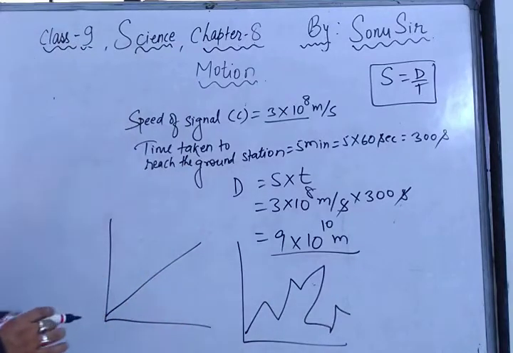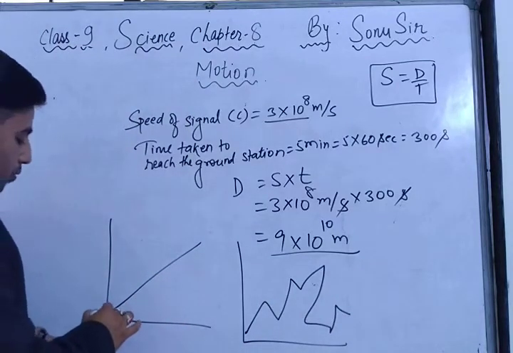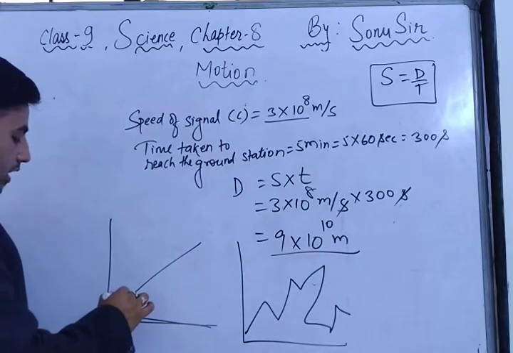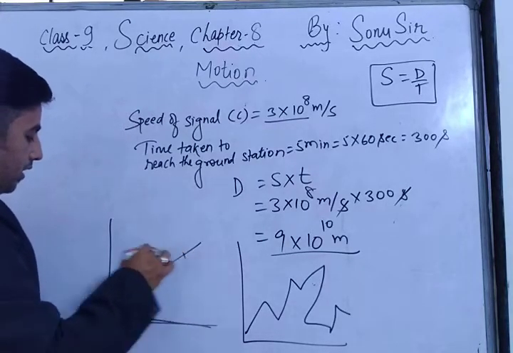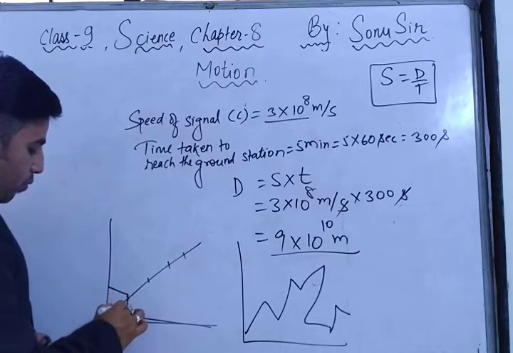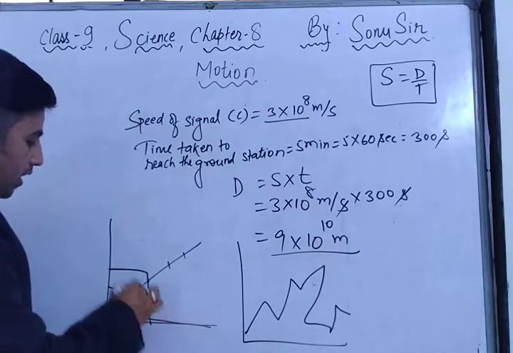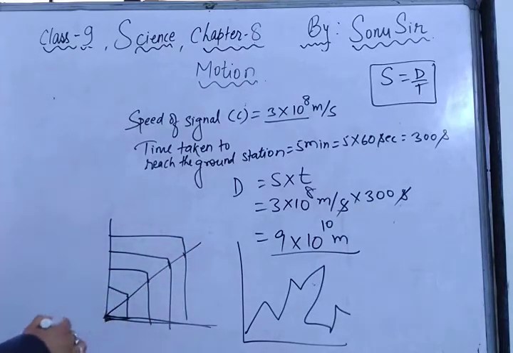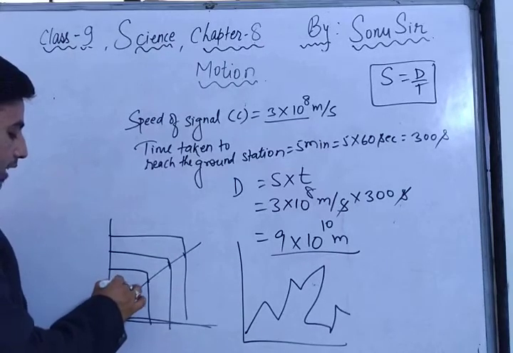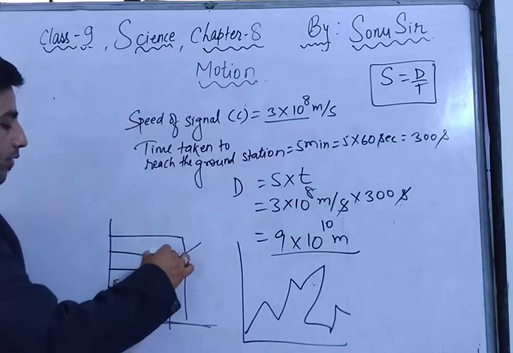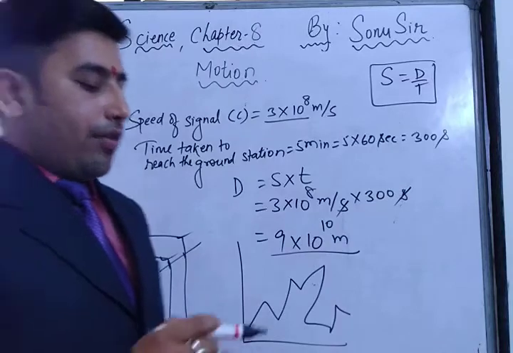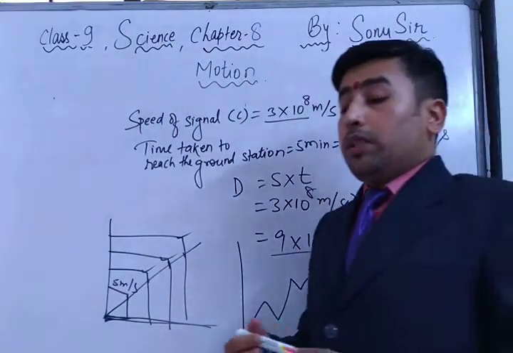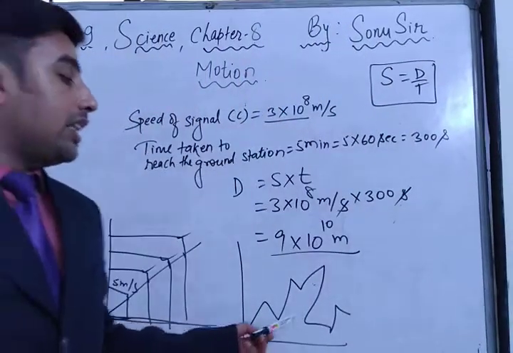See, this is a graph of uniform motion. Why is this a graph of uniform motion? Because you can see in this graph it is moving along a straight path, and you can see here equal distance in equal intervals of time. Whenever it will start from 0, if the speed is 5 meter per second, so here also 5 meter per second, 5 meter per second. Each and every time you can calculate the speed as 5 meter per second. But in non-uniform motion, the speed is not the same. So every time you can't calculate from 0.